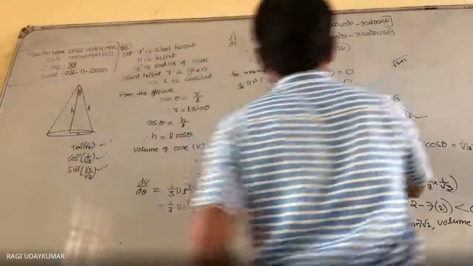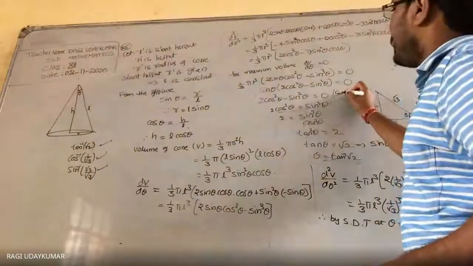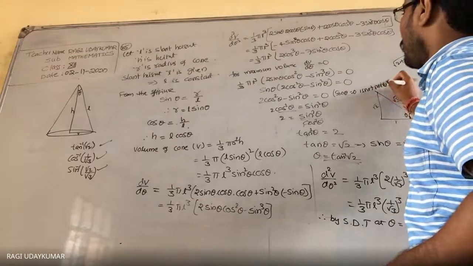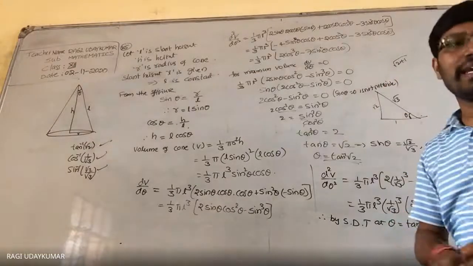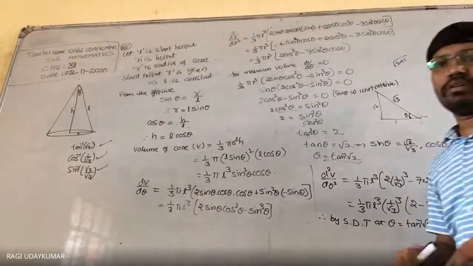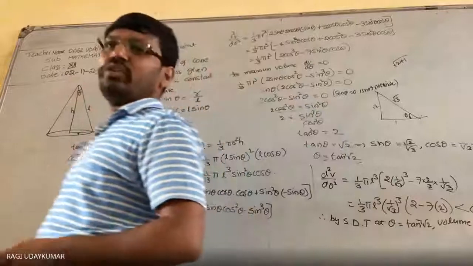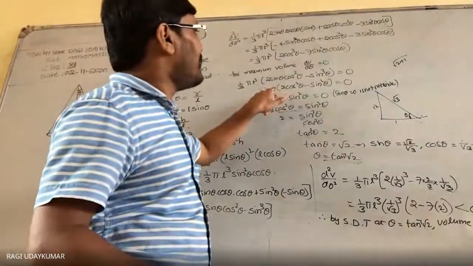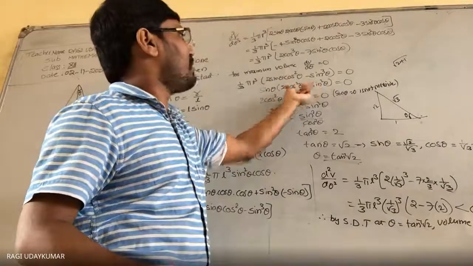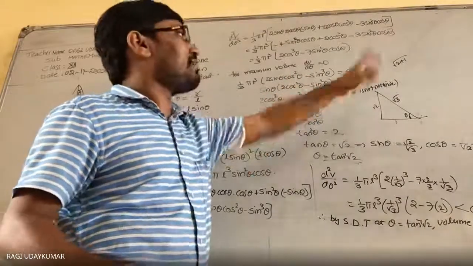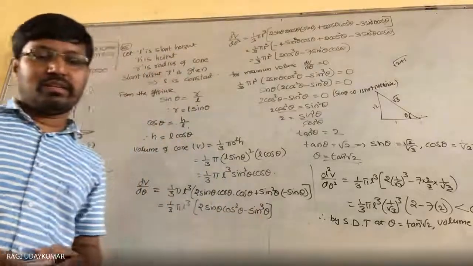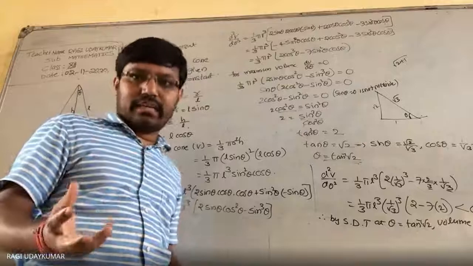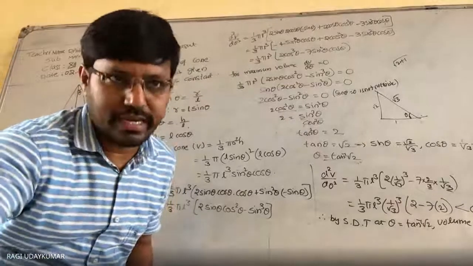Here one more point we have missed. Sin theta is equals to 0 is not possible. We have to write here. Why is it not possible? Sin theta equal to 0 means the angle will be equal to 0 degrees. This is not 0 degrees. In this place, either sin theta will be equal to 0 or this part will be equal to 0. Sin theta equal to 0 is not possible because some angle is there, so you cannot take it into consideration. Okay?